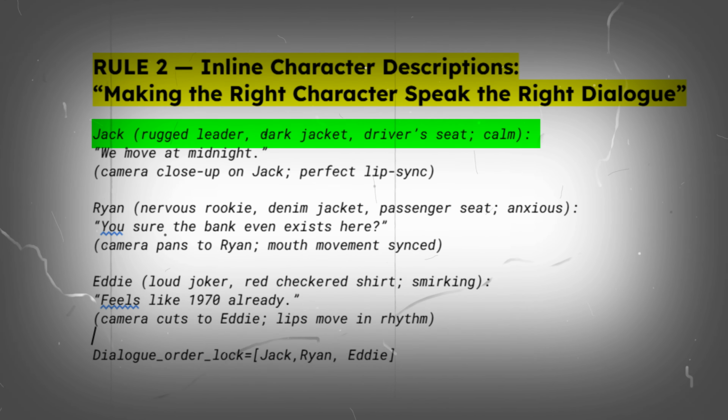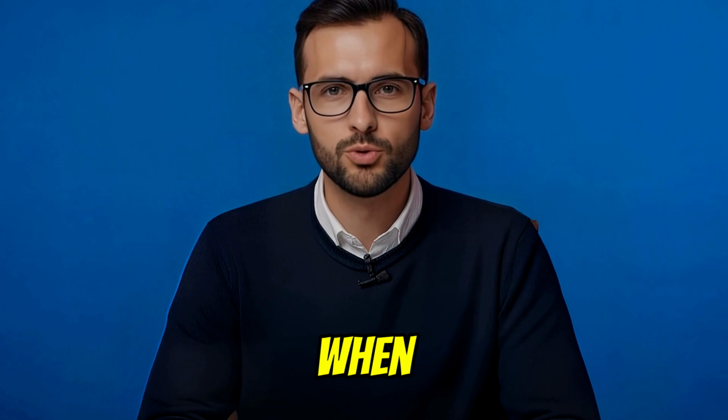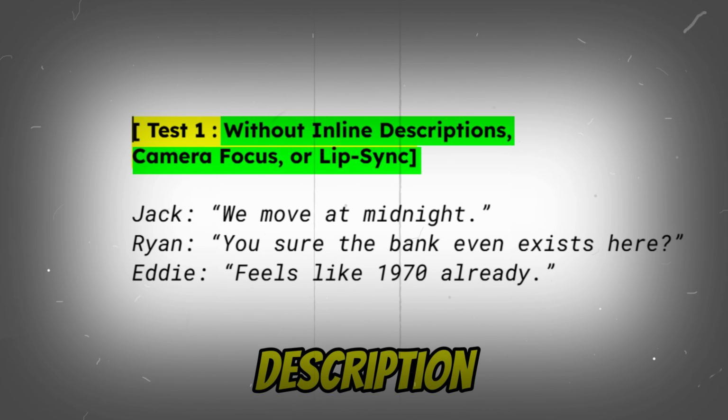Inline description says who, camera focus says where, and lip sync says how. You're not prompting anymore, you're directing. Let's see what happens when we skip all 3 elements: no character description, no camera focus, and no lip sync